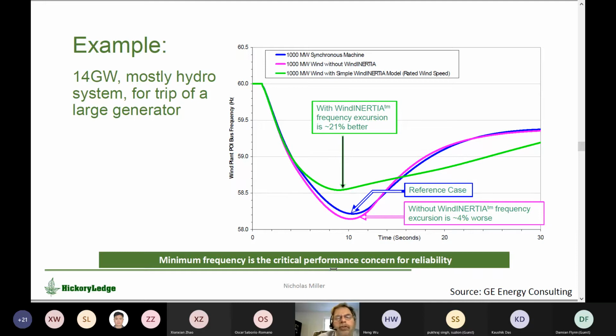So the frequency excursion gets a little bit worse. When we turn on the wind inertia, we get a huge benefit. And that's because the timing of the megawatts delivered allows a better use of the primary frequency response. If we had just mimicked synchronous inertial response, we would have gone from the pink curve back to the blue curve. But with a smart control, we went from the pink curve to the green curve. But